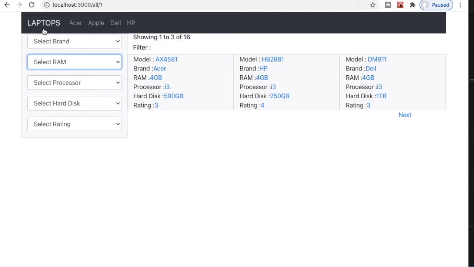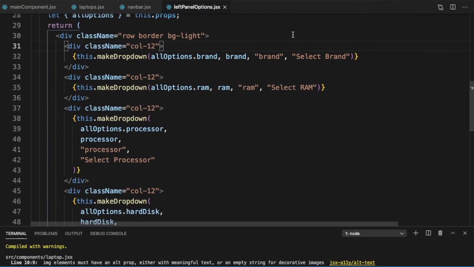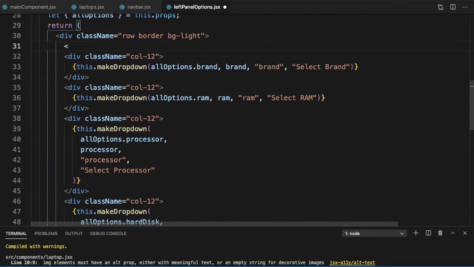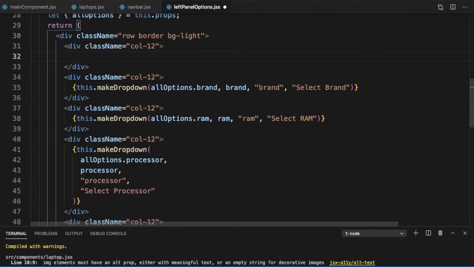What we can also do is just add a button on top which will clear all. So let's just define that. So here in our left panel option, let's just add a button to clear all the options. So let's say div class name is equal to column 12. Within it, let's add a button. Class name is equal to btn primary, btn sm.